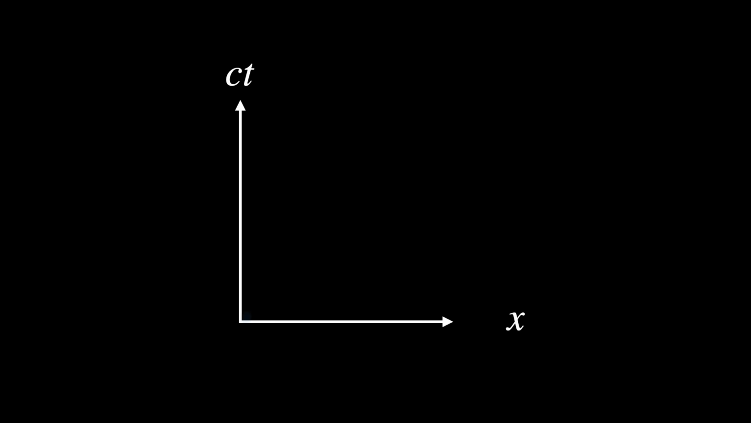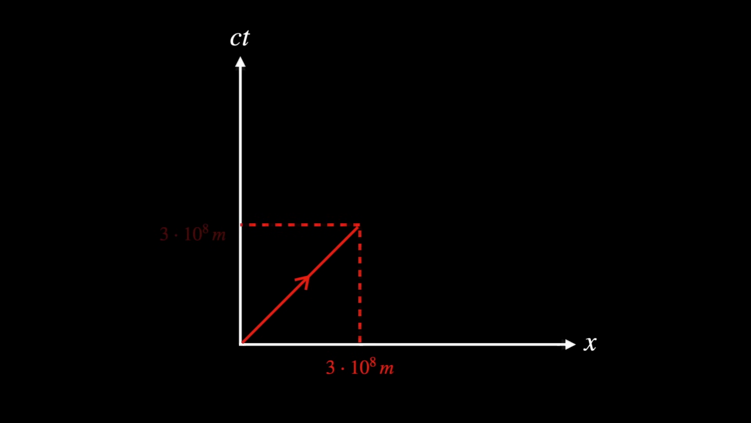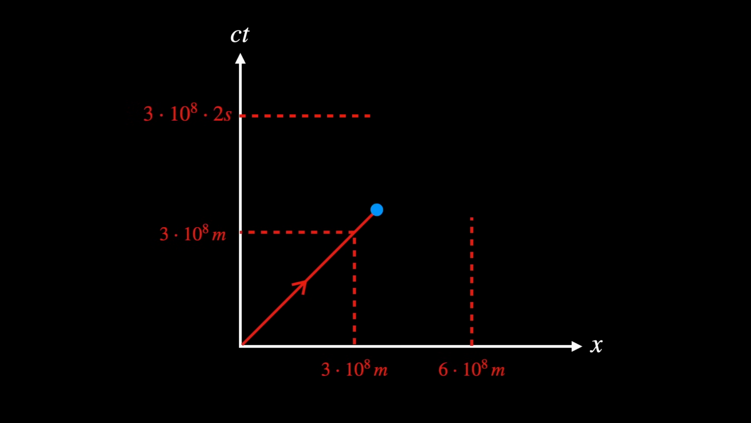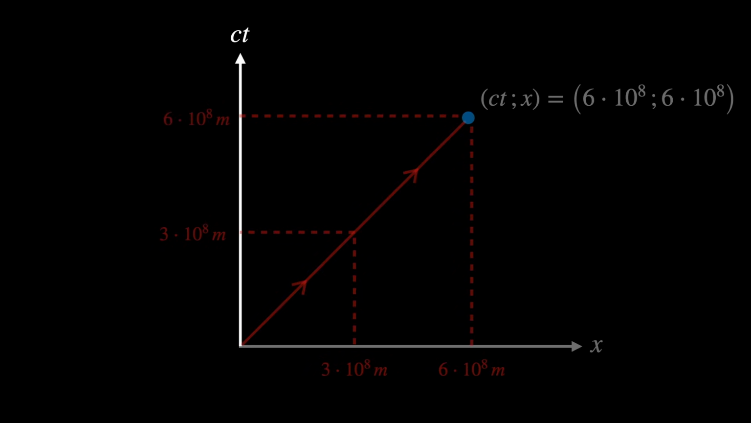Imagine we have a point moving at the speed of light away from the origin. This point will trace a spatial distance of 3 times 10 to the power of 8 meters after 1 second. Similarly, the distance traveled in the vertical axis would be 3 times 10 to the power of 8 meters per second times 1 second. Now we do the same for 2 seconds, and we get the point (ct, x) as 6 times 10 to the power of 8 and 6 times 10 to the power of 8. In other words, this specific choice of axis, ct, allows us to trace a line with a 45-degree angle